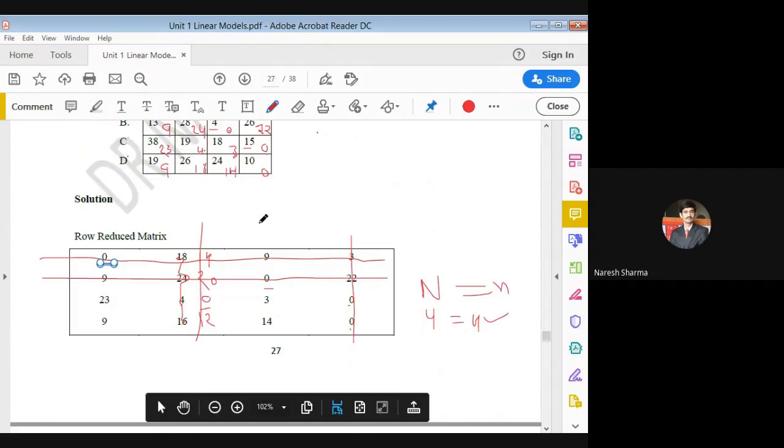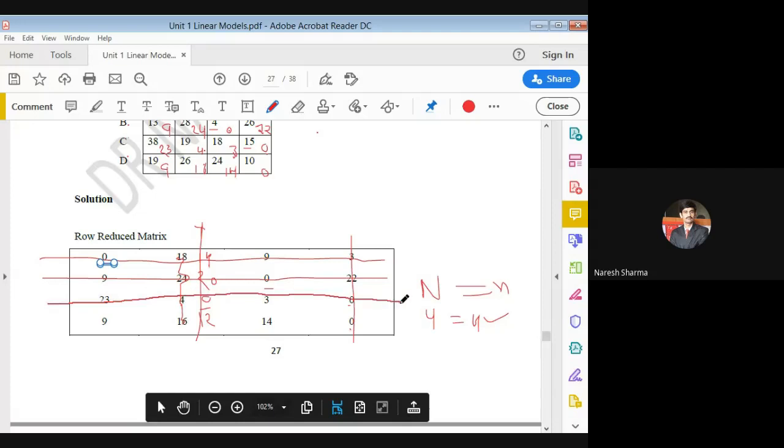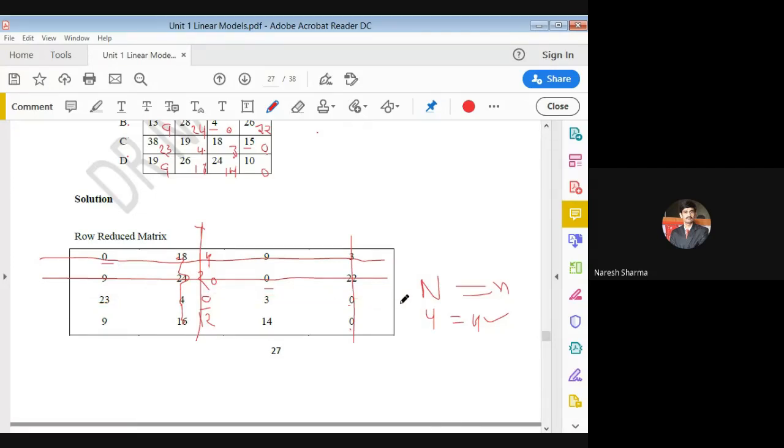So first we try to cover the maximum number of zeros, so that's why I cover this one first. After that you can choose these three states. You may eliminate this one, or you may choose this third one. Again we have one vacant row, but in this case, when your minimum number of lines is equal to the number of rows and columns, then we have to stop this.